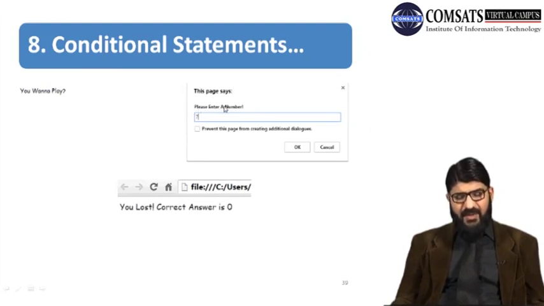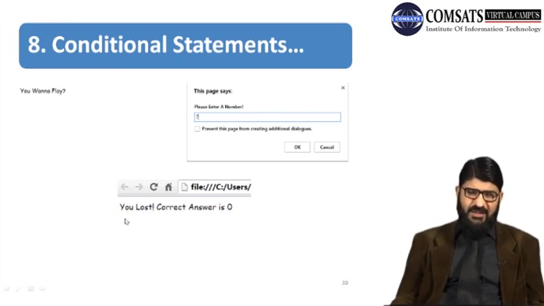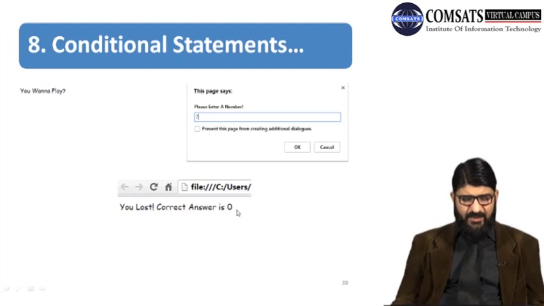The user is asked, please enter a number. The user clicks you wanna play, and then an input form is given, that is please enter a value. The user has given a value. The value doesn't match with the random value generated in the res variable, so the else condition is executed, you lost, and the correct answer that is saved in the res value 0 is displayed.